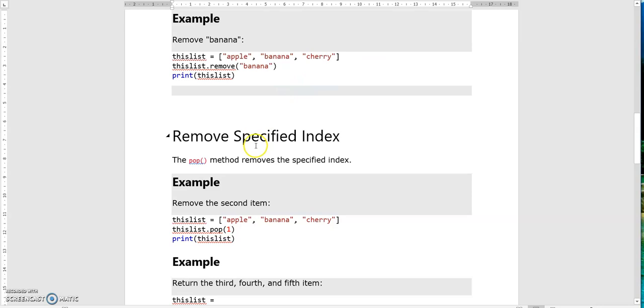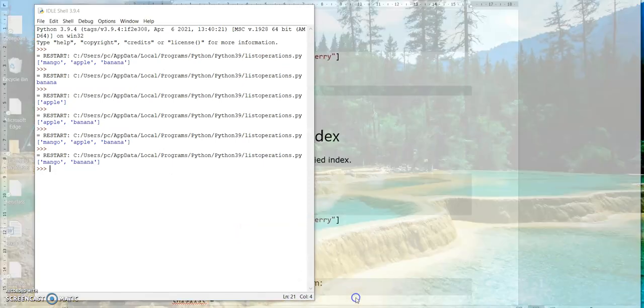Let's see, remove specific index. Here we have removed only an item. By using an index, how to remove? By using the pop method, we can remove the specified index element. Let's see with the help of an example.